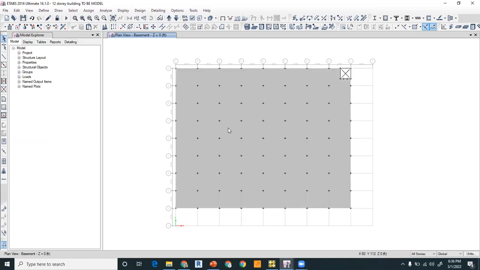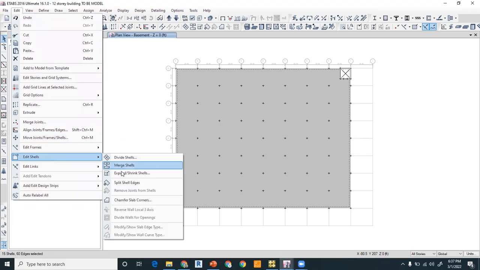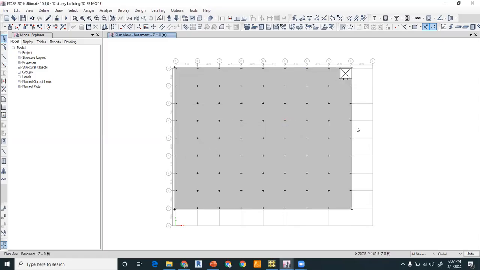for this building is 36 cross 36. So you have some space on the outer edge, so you can expand this area by 18 inches all around this raft, and you have to go to the shell and expand this area into 18 inches all around. Right, so now this is the actual raft which you will be drafting in your AutoCAD by the draftsman. Right, so this is the first step, which you have to draw the